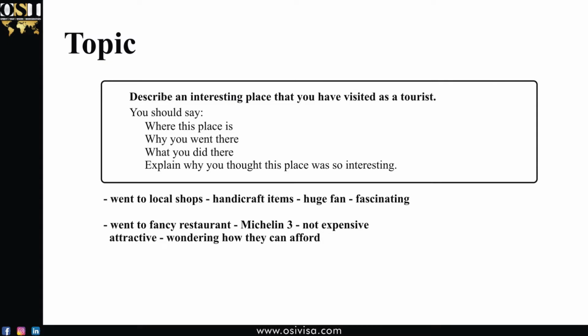So let's quickly jump back to the slide one more time and see what I'm talking about. So the third point over here, if you remember, says what you did, and the fourth says why you thought it was interesting. So if the examiner didn't stop me after my first sentence, what I would do is give them a list of the things that I did there. So I would just start with, the first thing we did when we got there is we went to the local shops,